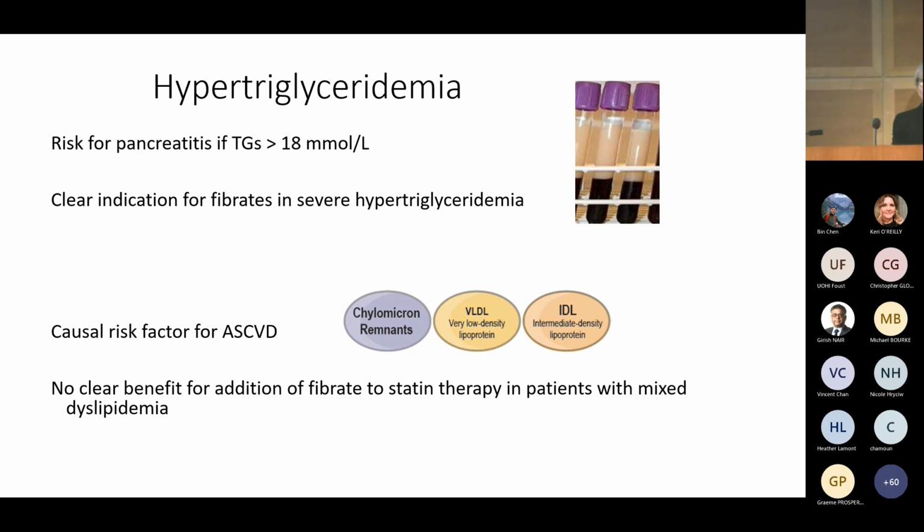it's really more of a therapeutic challenge because we don't really have good drugs. Triglycerides, of course, respond very well to lifestyle therapy. You see a lot of these patients who come in with recurrent pancreatitis that's really been elicited by alcohol intake, resulting in chylomicronemia, or not resulting in chylomicronemia, but certainly the lifestyle factors are important. The risk for pancreatitis is really if triglycerides are greater than 18. Of course, the patient may have a triglyceride of 10 and go on a drinking binge and the triglycerides are then 40. So a baseline of 10 doesn't mean it's a safe level, but certainly it's these very high levels that cause